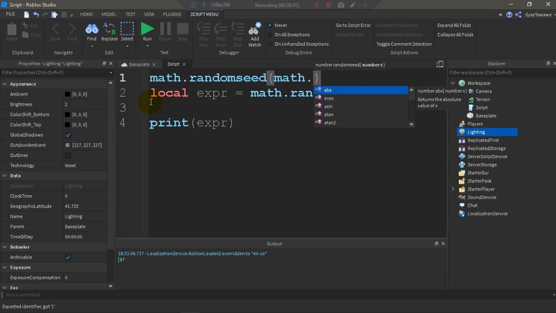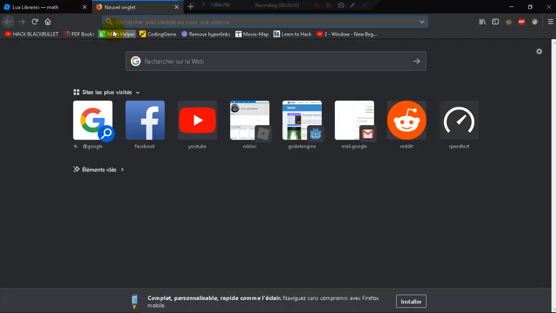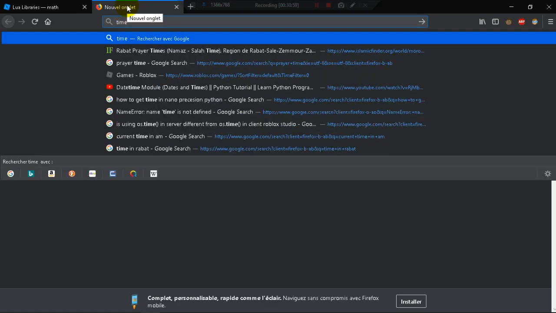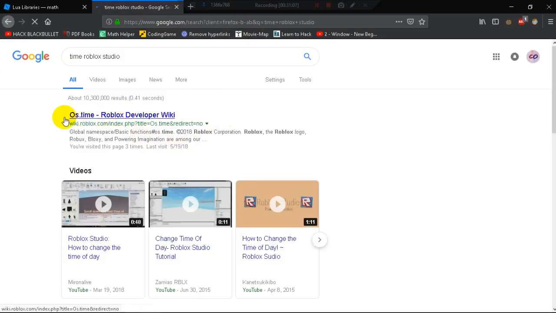Well, actually, in other languages we use the current time to get a random seed. So math.time. No, actually not math.time. Sorry, it's time, I think. Can't really remember. Wait. I think time like this, or not sure. Let's actually take a look at the time library in Roblox Studio. Cool. Okay, sorry. So it's os.time.